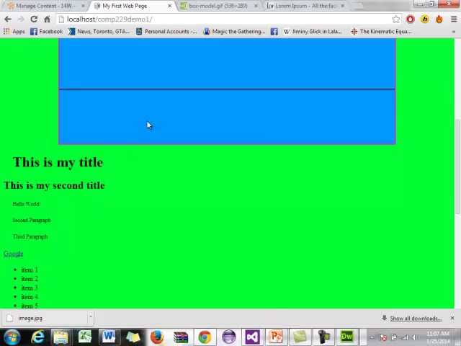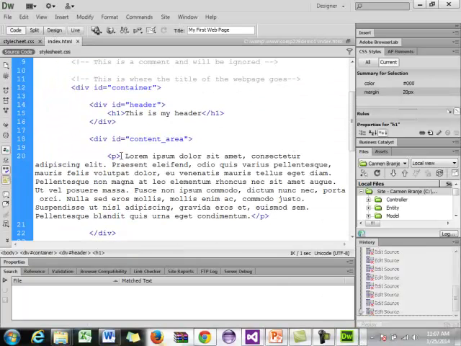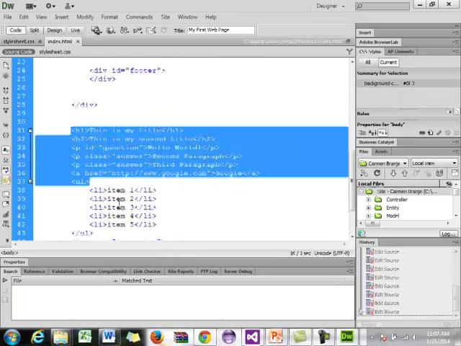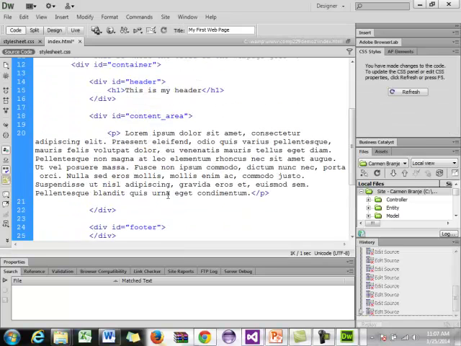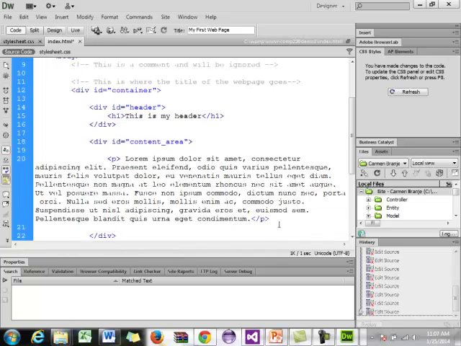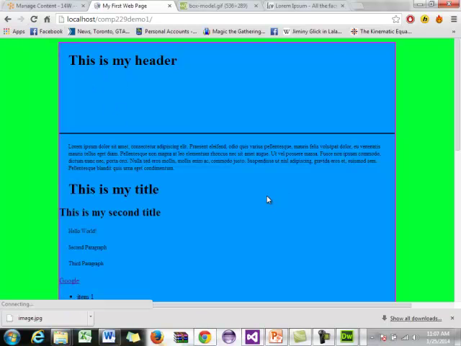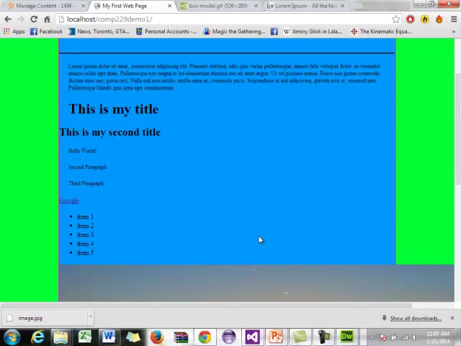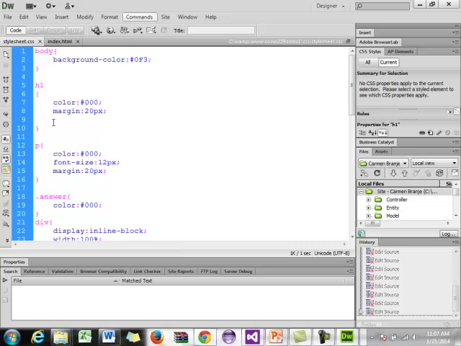So let's move all this stuff into our box here. Let's go back to our index. So into our content area we'll put all this stuff. And I wonder how we might have to do something with our image. So now we'll put it in our content area. And now we have it here. Okay, so it overflowed. But what we can do now is go to our style sheet and